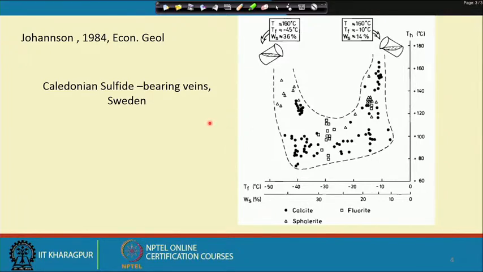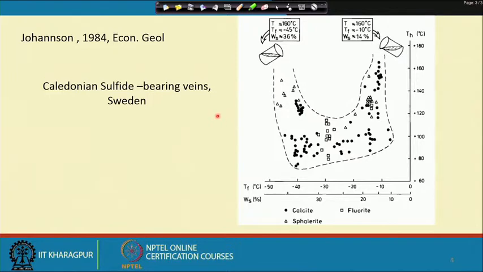Normally any fluid which is of low temperature but high salinity, sometimes varying to 25-30 weight percent NaCl, we generally ascribe to a connate source, because those are the fluids which are mobilized from the sedimentary strata and are never subjected to very high thermal perturbations. They generally migrate long distances, carry the metals, and deposit them on encountering a different physicochemical environment.